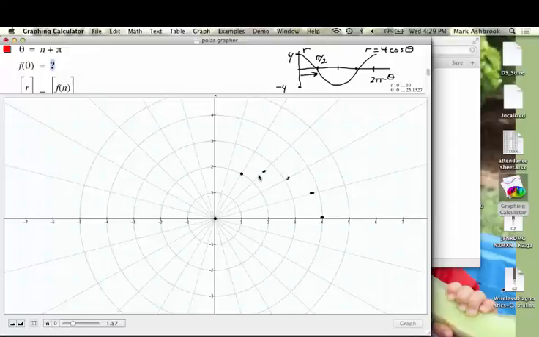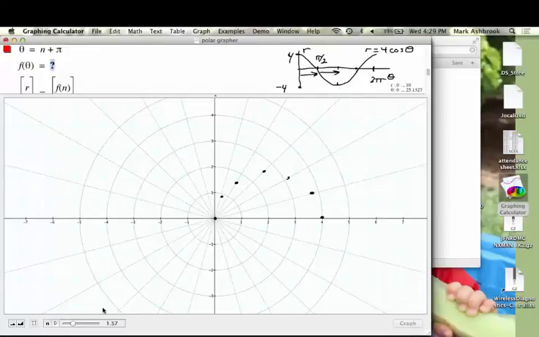So each time I move to the next radial line, I have a smaller and smaller value of r. Is it looking like what we were hoping? Yeah. Okay. That circle looks like it's centered at (2, 0). Then as theta goes from pi over 2 to pi, what does r do? r goes from 0 to